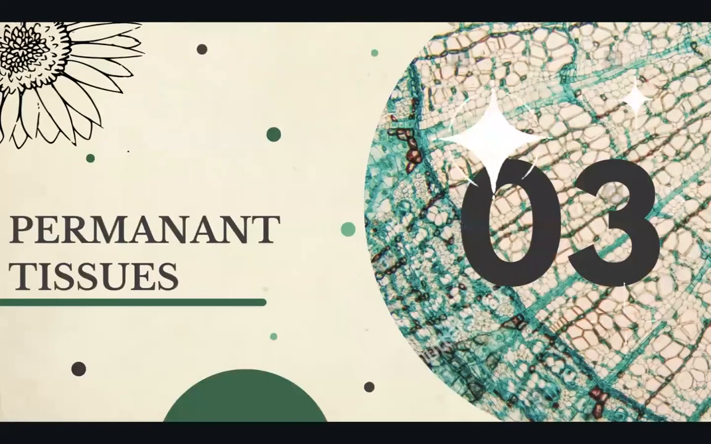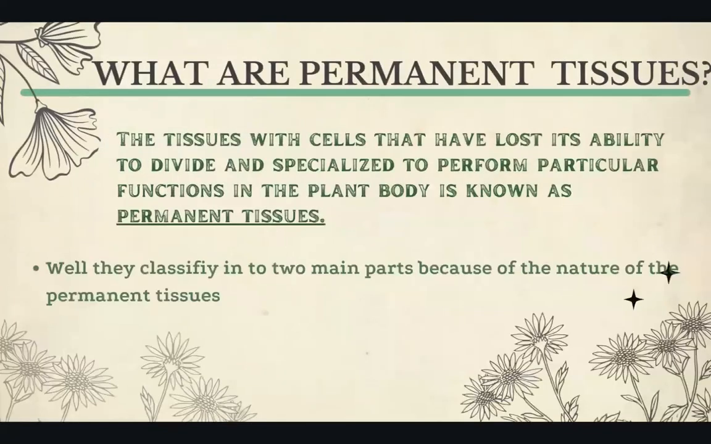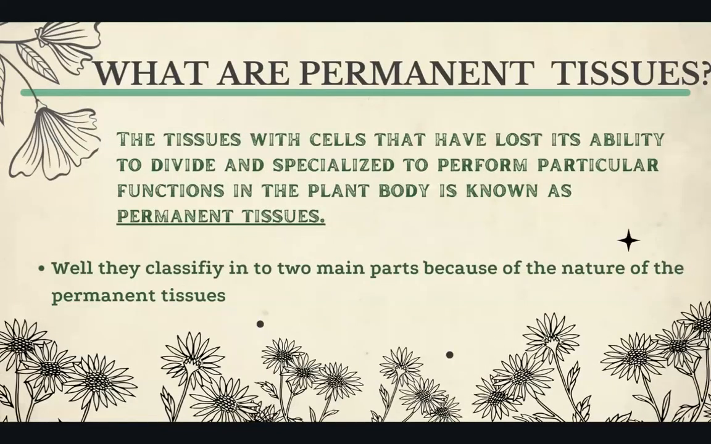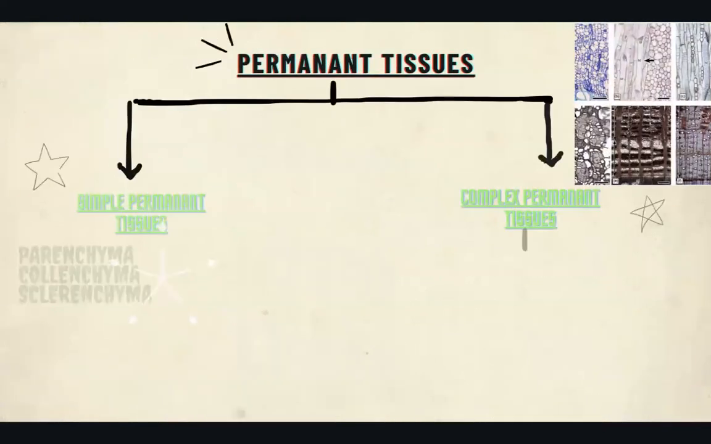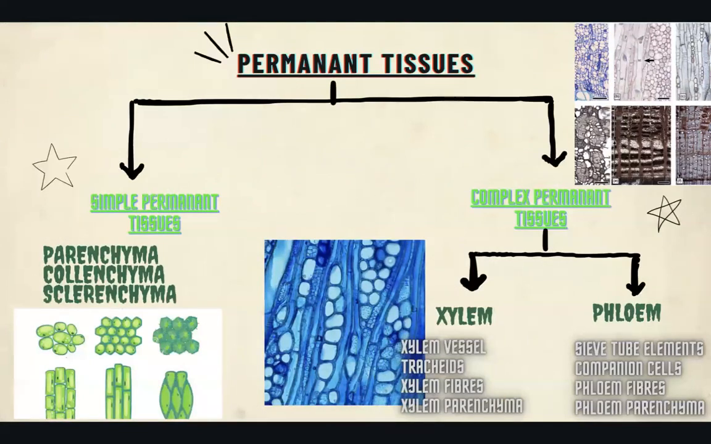Next, the permanent tissues. Permanent tissues, as I said, the opposite activity of the meristematic tissues is known as the permanent tissues. That means tissues with cells that have lost their ability to divide or specialize to perform particular functions in the plant body. Well, they are classified into two main parts because of the nature of the permanent tissue. How? Simple permanent tissues and complex permanent tissues. Simple permanent tissues: parenchyma, collenchyma, sclerenchyma. You see here